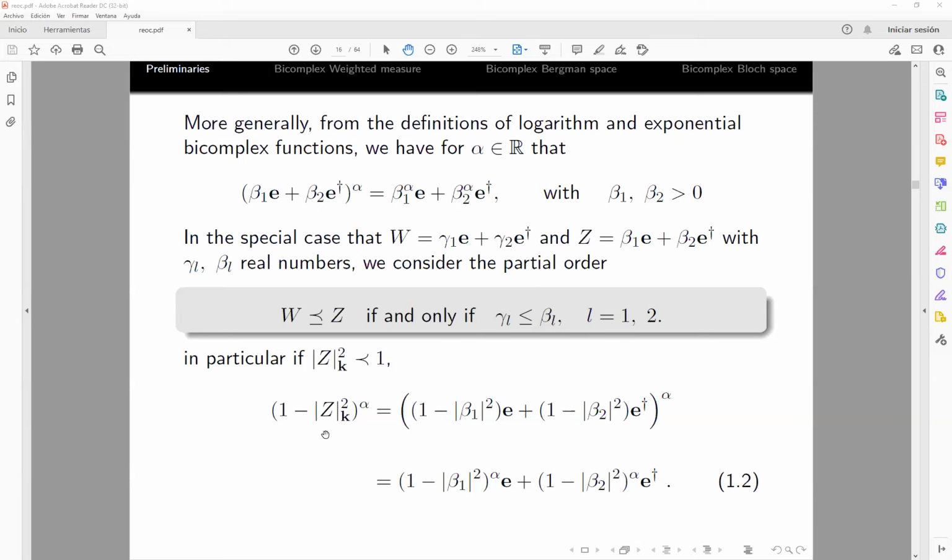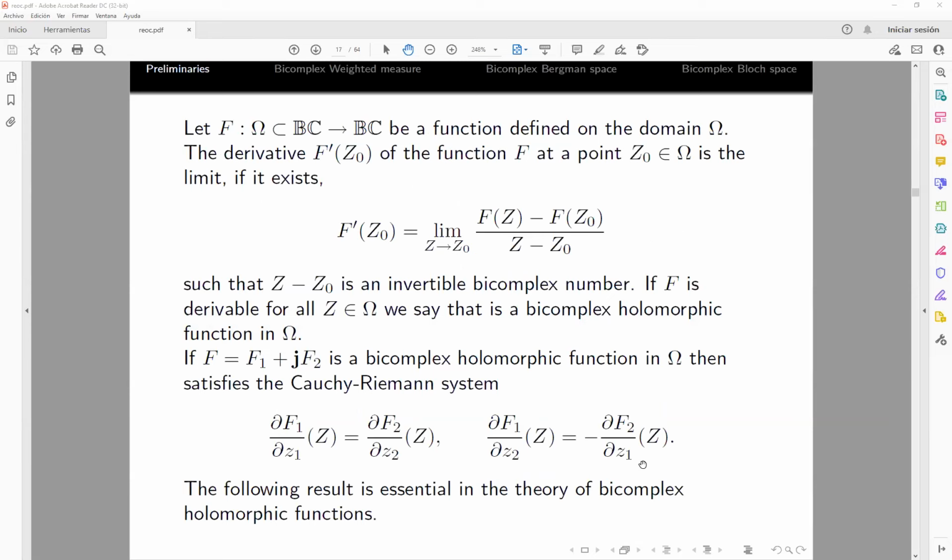Then, in particular, if we calculate this bicomplex number, the power alpha can be written in this form: (1 minus the square modulus of beta 1) to the power alpha, times e, plus (1 minus the square modulus of beta 2) to the power alpha, times e dagger. Okay, well, now